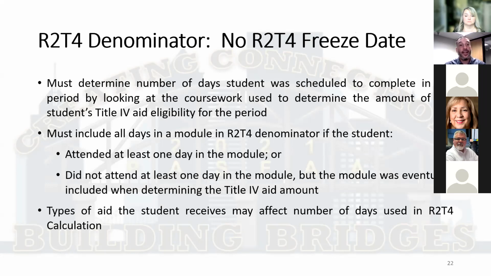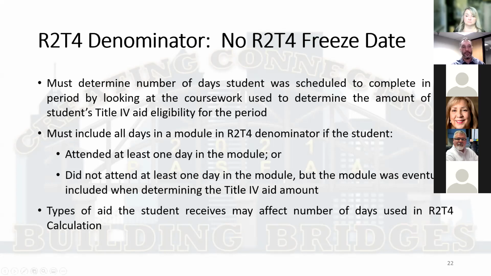You must include all days in the mods attended at least 1 day in the mod, or did not attend at least 1 day in the mod, but the mod was eventually included when determining the aid amount for the period. The type of aid the student receives may, I can say that again, may affect the days used in the